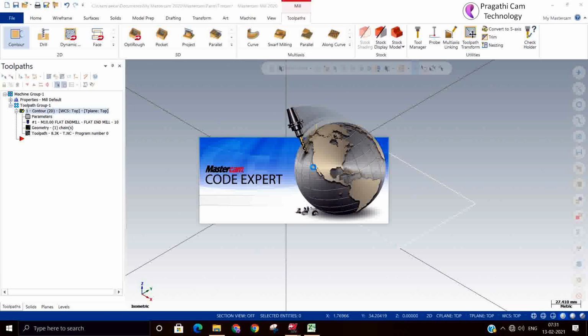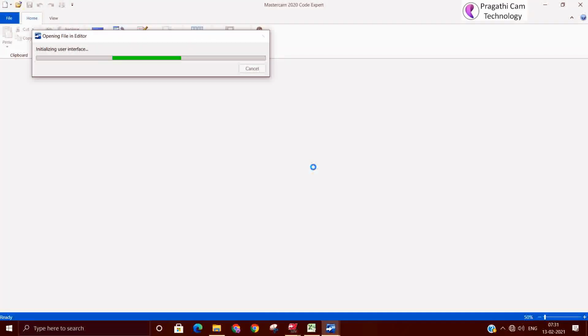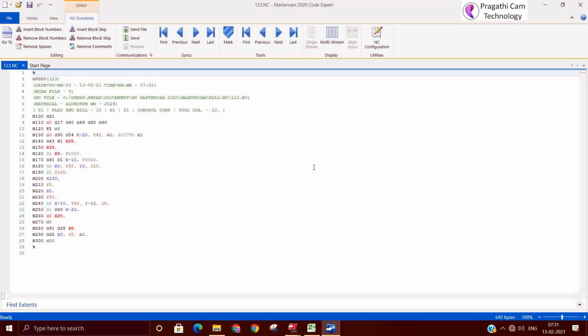Now you can see here G41, D1, T1 and H1. So the length offset, diameter offset and the tool number are all related to each other.